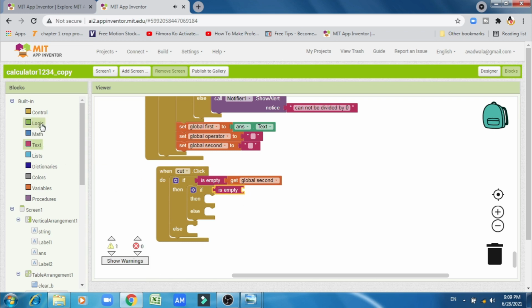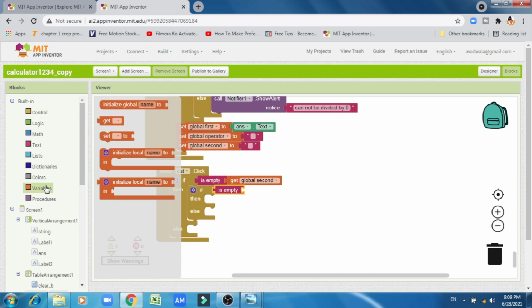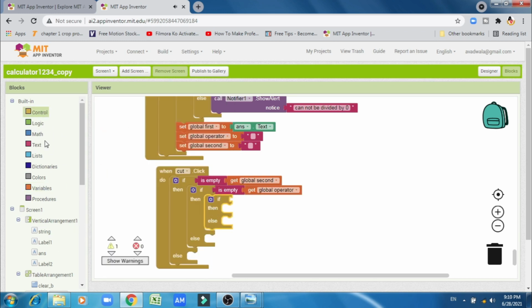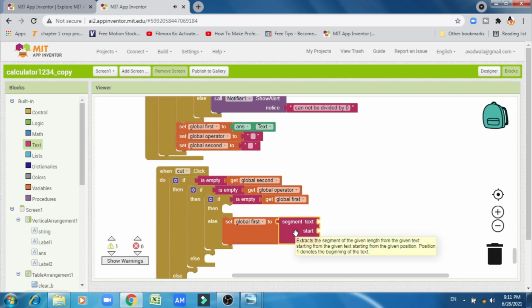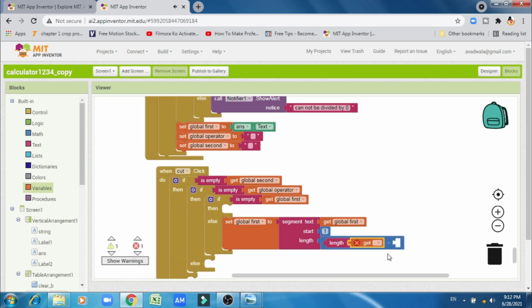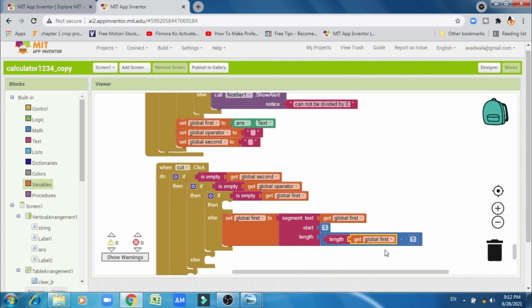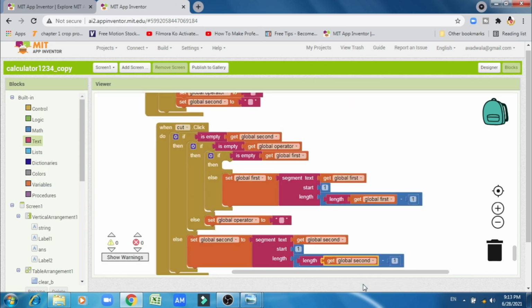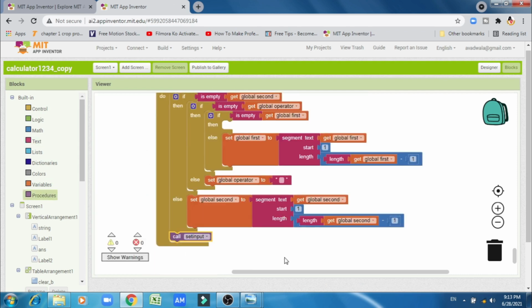Now it will turn towards the global operators. This is the coding for the cut button.